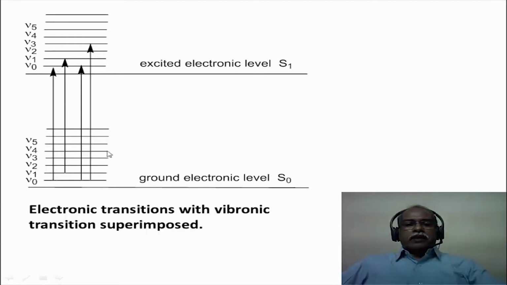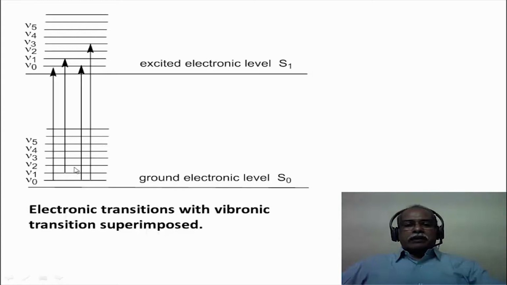On the other hand, if you consider the one arrow that is shown here on the right hand side, this would correspond to the zero vibrational level of the ground state to the third vibrational level of the excited state. So it would correspond to a 0-3 kind of a vibration in the vibronic state of the molecule. So this is a kind of transition that occurs in the UV visible region, and one would be dealing with